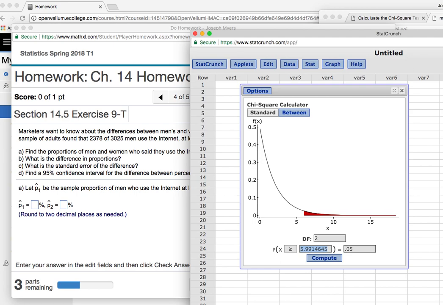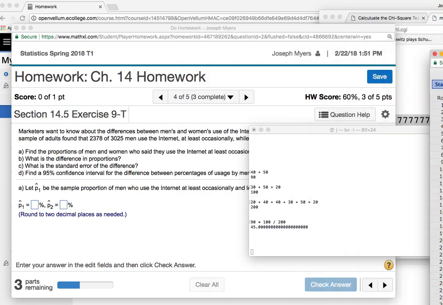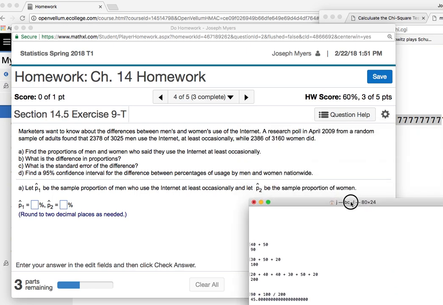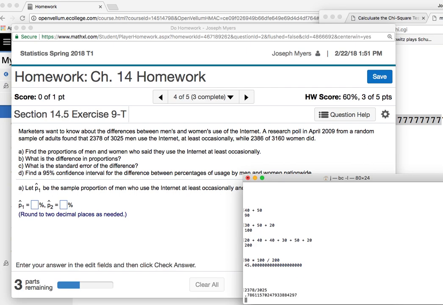So the sample proportion is... so P1 is the sample of men. So that would be 2378 divided by 3025. And I get 0.78, etc. Now, to be honest,